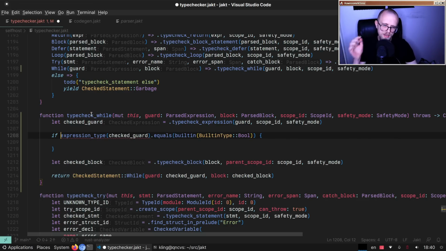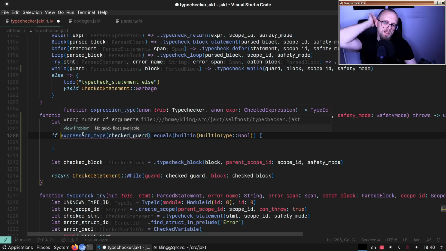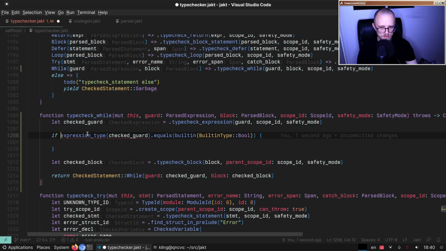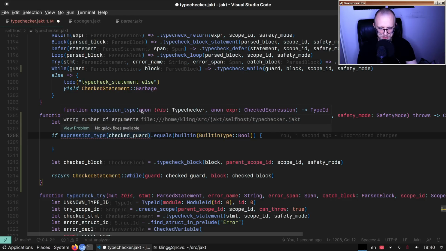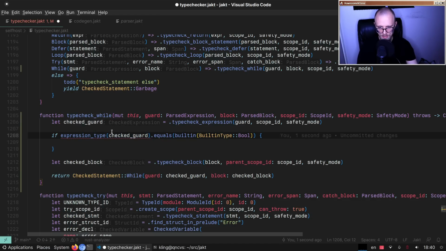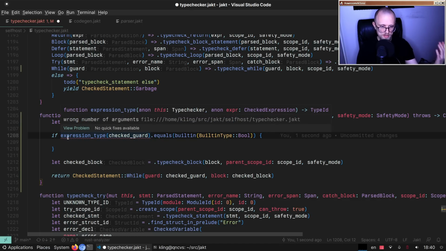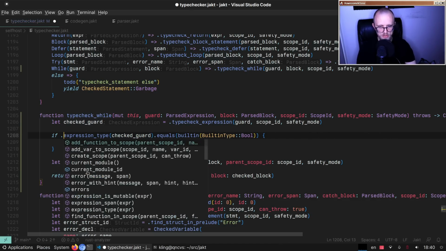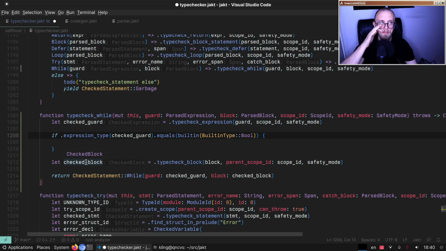Okay. Yeah, that's not the most obvious error, but basically we should definitely improve this. But wrong number of arguments in this case, if you look, it actually shows the function above which we're calling, and that is enough context if you know what this means. So wrong number of arguments means that we're missing the this argument because it's actually an instance method. So we need to call it on an object, and we are within type checker right here. So we can just put a dot and it becomes a method call,